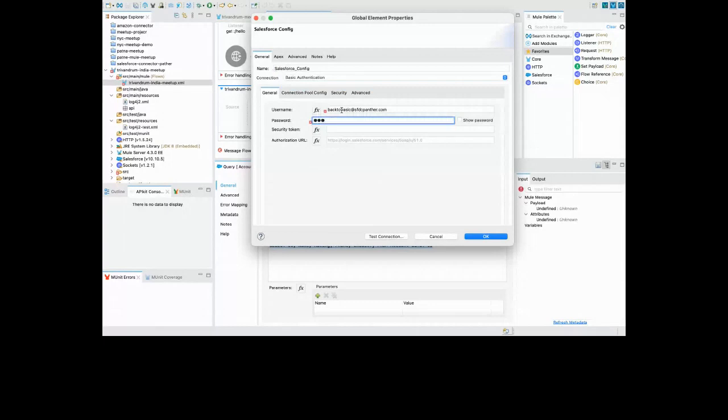So basically, if you log into your Salesforce, go to the setup, and on the setup, you can just go here. You just click on your user and click settings.